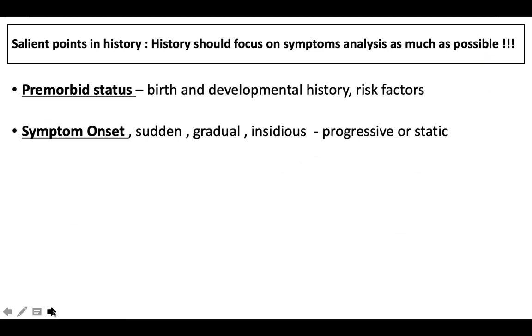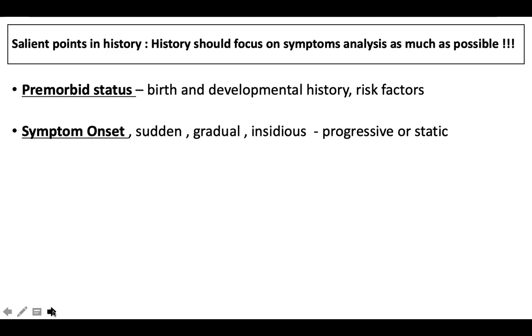Of course, you need to have some idea about the background medical information, which you would take from the birth history, the developmental history, the risk factor history and family history, and so on. This could give an idea about acquired or genetic or inherited conditions. Sometimes the child could have a pure ophthalmological inherited condition like retinitis pigmentosa, which could present to a neurological OPD. So you should have a clear idea about the background status of the child.